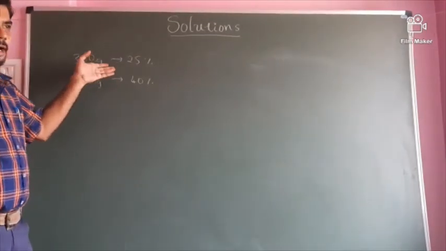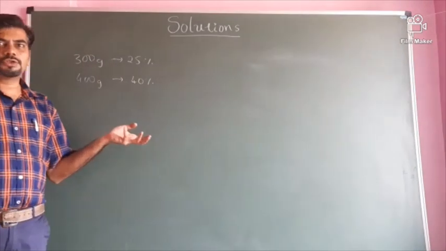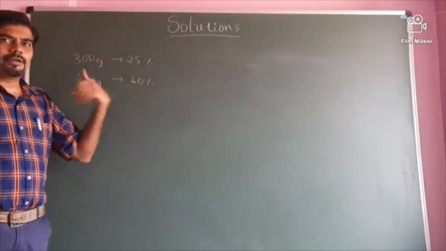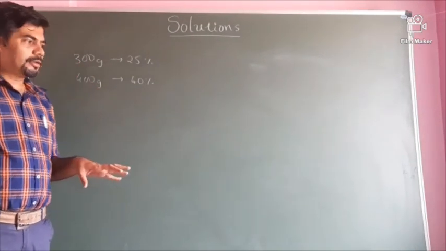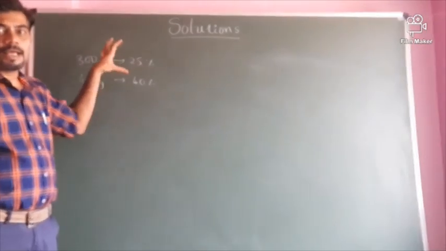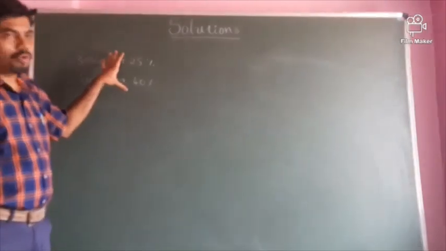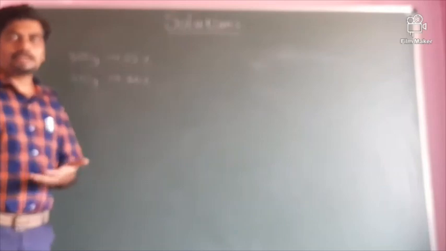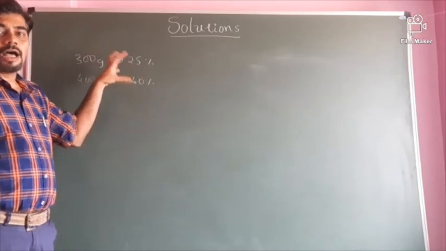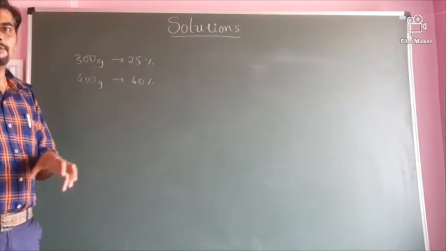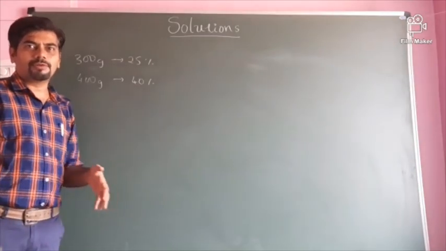For this, I picked this question especially because I remember once a student added these two and divided it by 2. That means he divided the sum by 2 and wrote the answer, considering it as an arithmetic progression. But remember, we need to apply harmonic progression here. I'll be doing it in terms of chemistry, but I definitely want you to go through this question in detail and try to apply harmonic progression. You learn about series and sequences in your mathematics. Apply harmonic progression here, you may get the answer in an easier way, which will be helpful in dealing with such questions in competitive examinations.